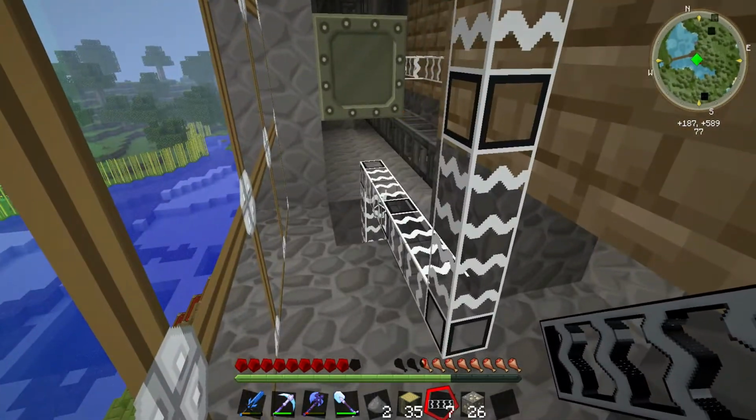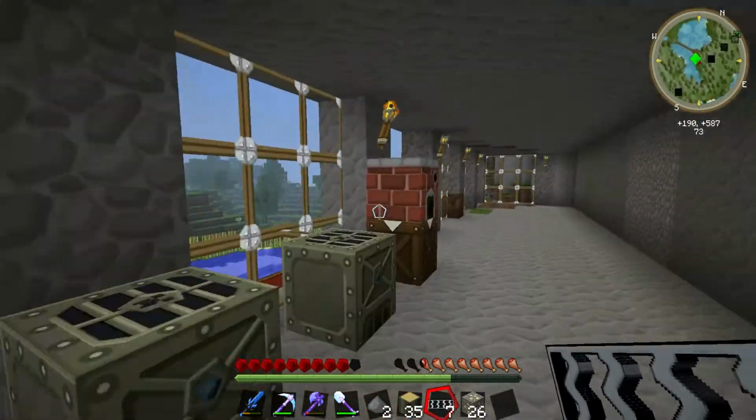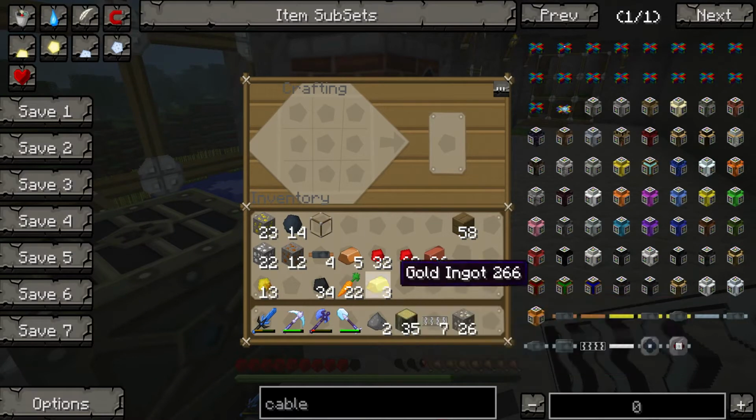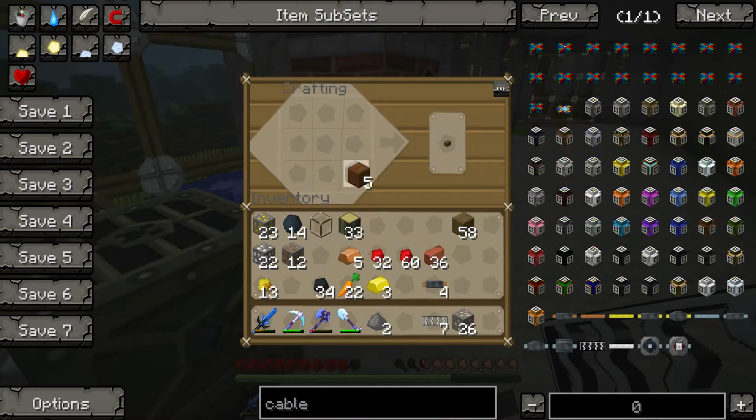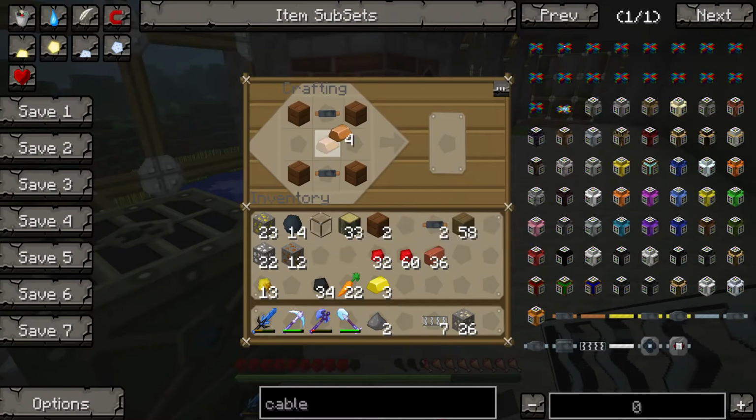So, we also need low voltage here, which is very, very easy to make. It's going to require a bit of copper, and a bit of copper cables. So what we do is that we put them around like so. Copper cables, followed by the copper ingots. And now,